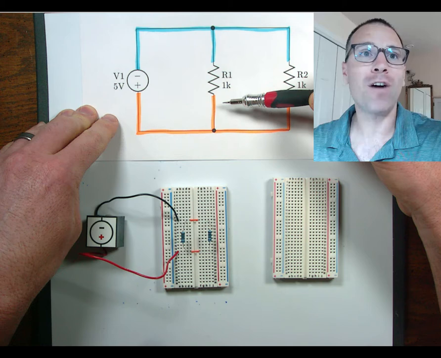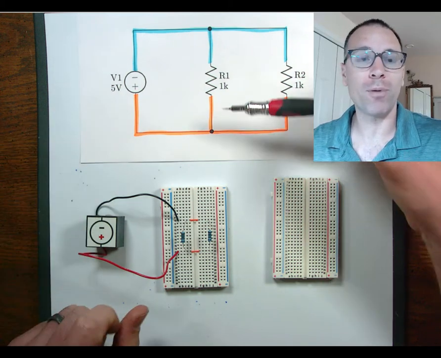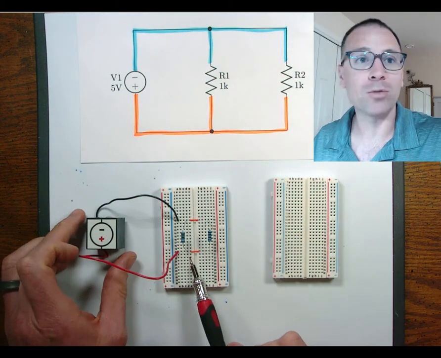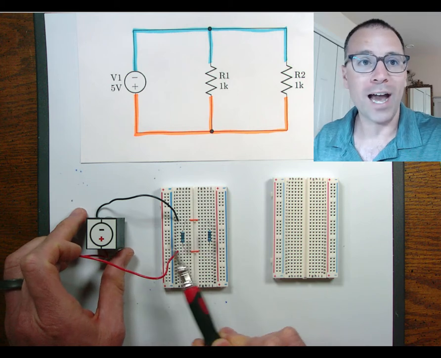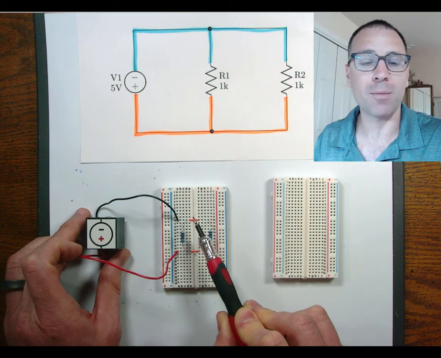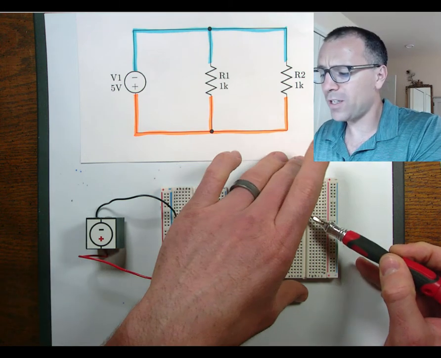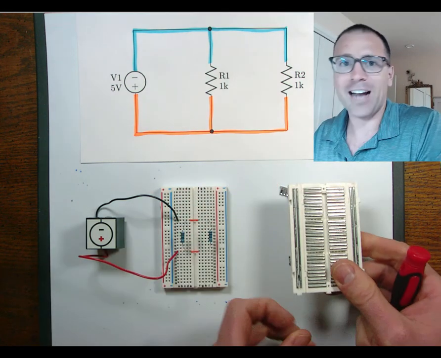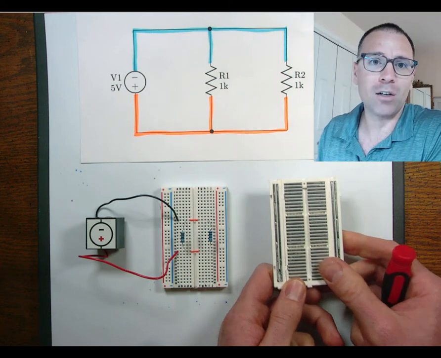Here was our example 5 circuit. We did this measurement in one of our previous videos. This is how we actually built this circuit on a breadboard. We had our single voltage source, we had two resistors in parallel, and we connected them here. What I wanted to show you on this side is the breadboard that I actually disconnected and deassembled. And take a look at this.